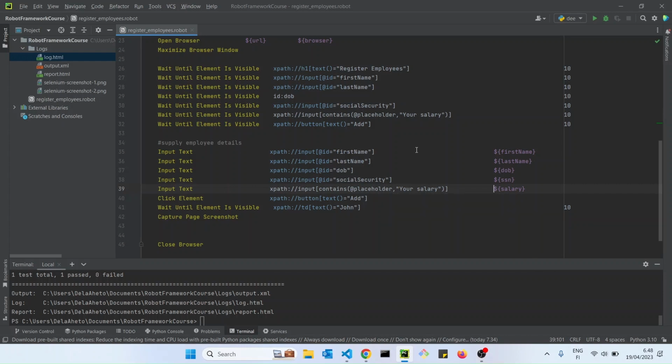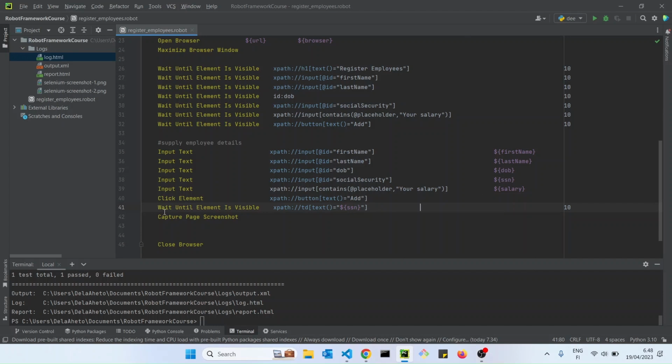Yes, and we have one last change to make. Instead of John, we can simply use the first name. But since names are not really unique, we can use the SSN instead, because the SSN is supposed to be for only one employee or one person. So instead of John or Jane, we are going to use the person's SSN, and that is going to be